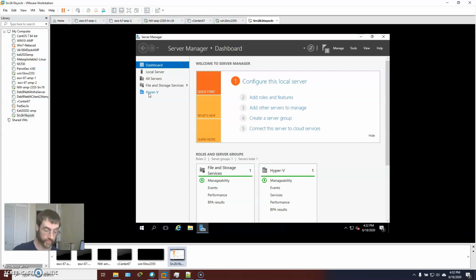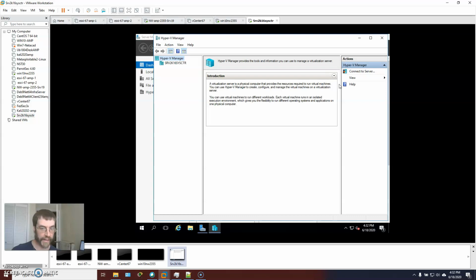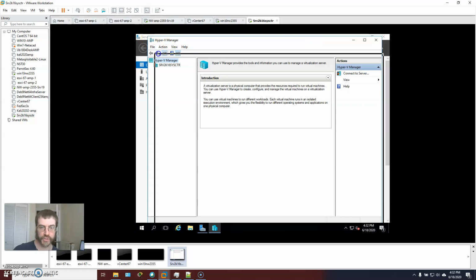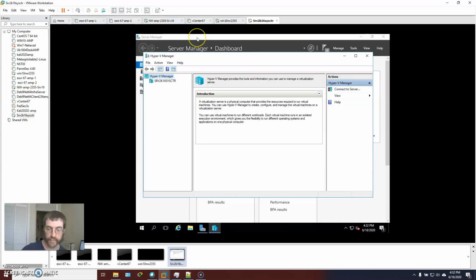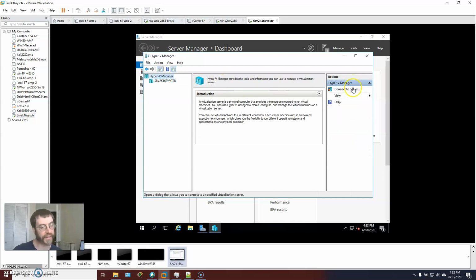So now that I've got Hyper-V installed, I can go ahead and go to my Hyper-V Manager. And it looks exactly the same as my Hyper-V Manager. Now let me shrink this a bit. As my Hyper-V Manager in Windows 10. So I see myself. Because you can choose this option to connect to a server, once I have my Win 10 box and my Hyper-V member server all back in the same sandbox together,